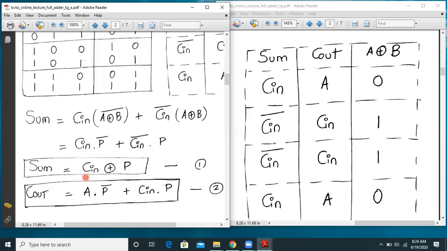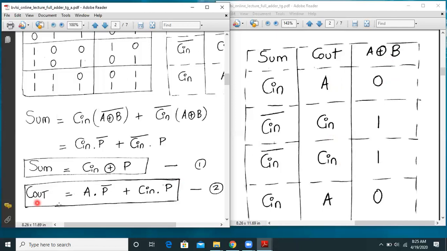Now let us go ahead and check carry. So now we have considered P is equal to A XOR B. Now let us concentrate on the Cout. So Cout is A when A XOR B is 0, and Cout is Cin when A XOR B is 1. So how do we write this?